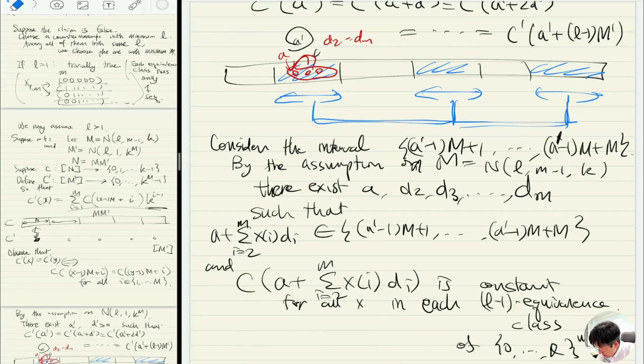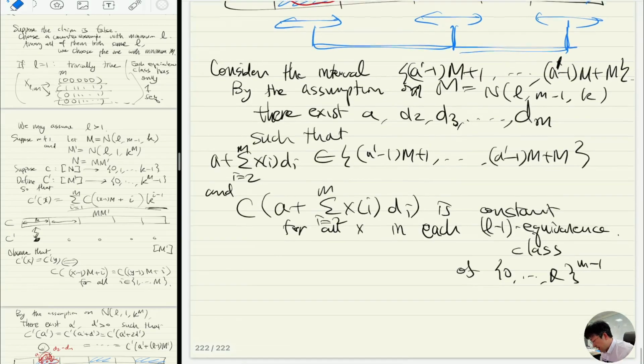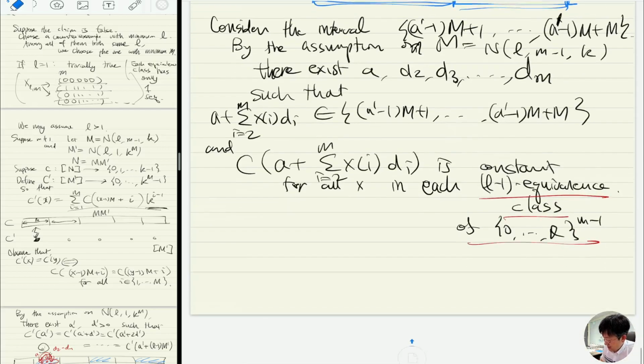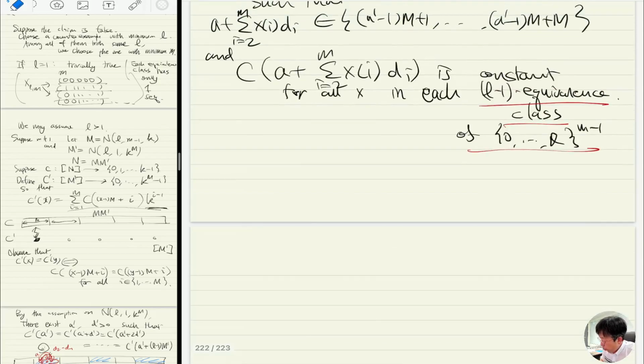So inside here I have some good things: whenever I have an L minus 1 equivalence class, the value of C is independent of the choice of the members of the equivalence class. Now, if we have an L minus 1 equivalence class, then when I attach x1, I still have an L minus 1 equivalence class. So this implies that